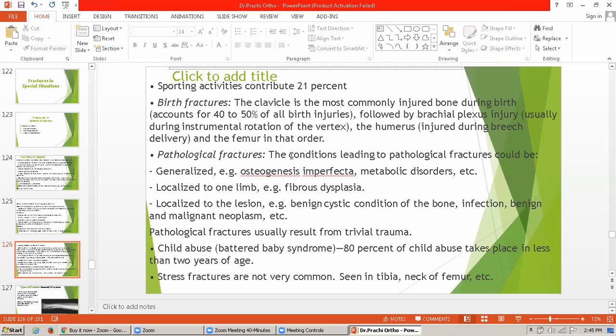So when there is a fracture of the clavicle, it can lead to brachial plexus injury, usually seen during instrumental rotation of the vertex, and the humerus is injured during breech delivery. When there is a breech presentation, normal delivery leads to humerus injury, and the femur